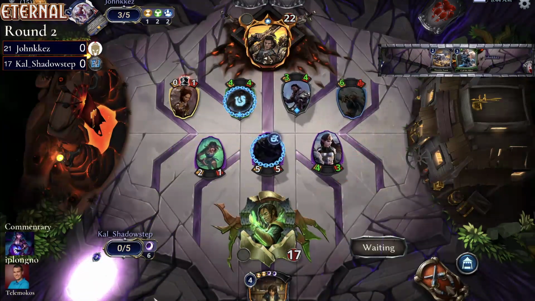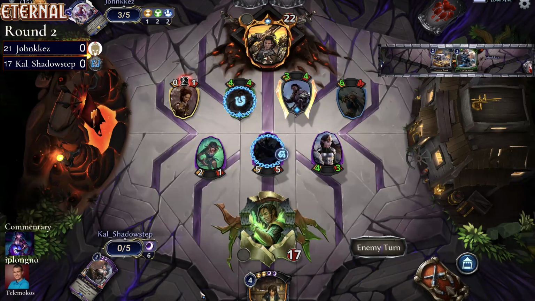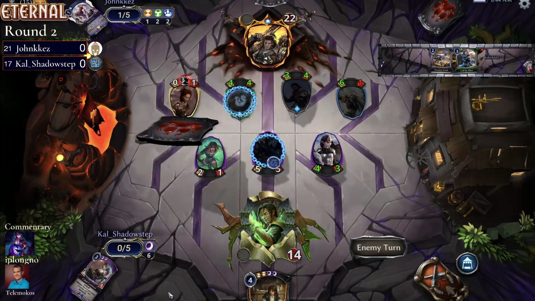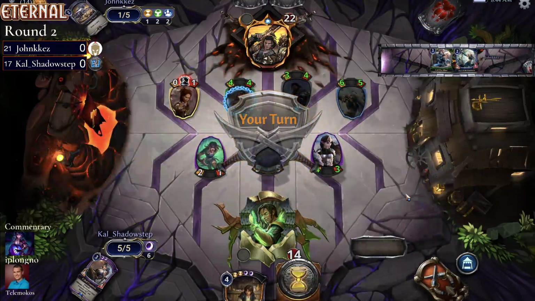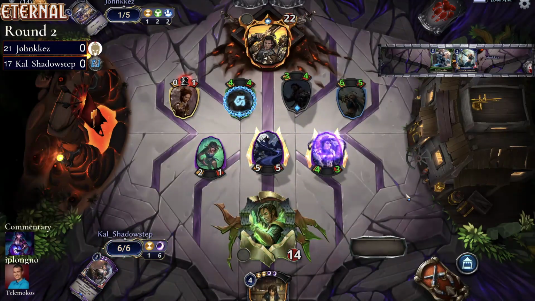Oh, nice synergy then. So the Cabal Countess has Ambush, which if you're not familiar, haven't seen this very much, Ambush can change the targets of a killer attack. So trying to kill the elf, but Cal Shadowstep able to just throw the Countess in front instead and keep their elf alive. I wonder if hanging Hyphos back was the better play